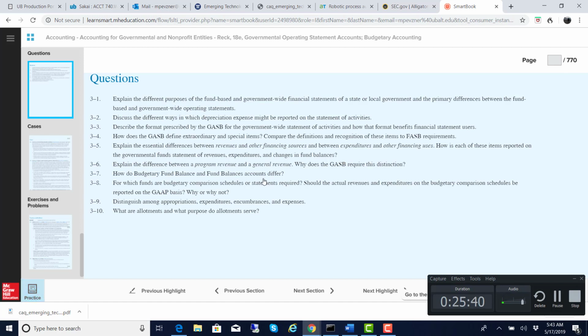It creates incentives for non-prudent fiscal behavior. So for that reason, some legislative bodies, in particular United States Congress,